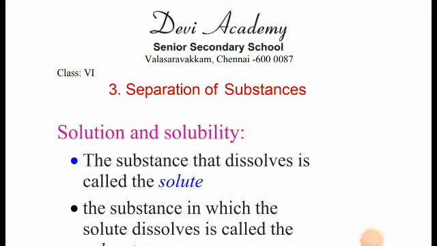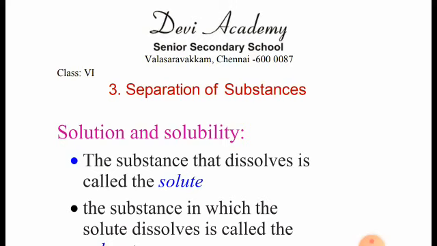Now we have learnt about solution and the types of solutions too. Next we have solubility here. Actually, solubility is the ability of a substance to get dissolved in a given liquid. It depends upon the quantity of substance which they can dissolve in hot water. Some substances may dissolve in hot water much more than in cold water. So it is the ability of a substance to get dissolved in a given liquid.